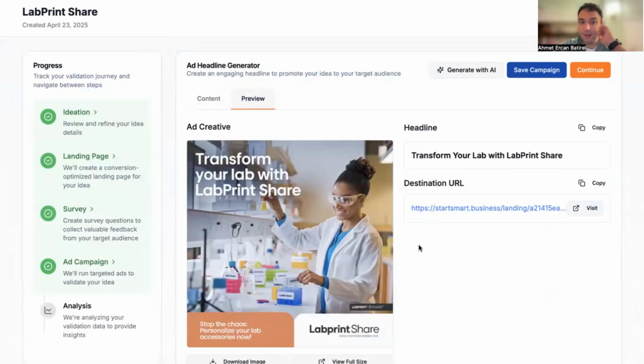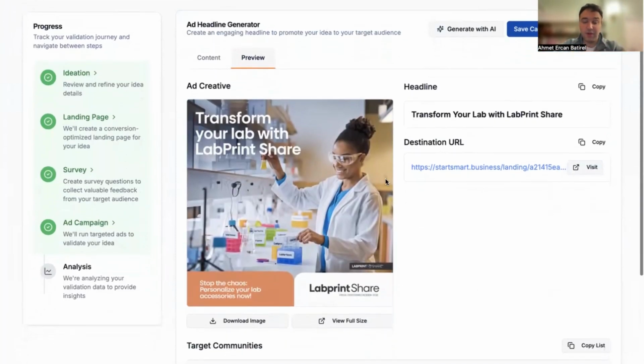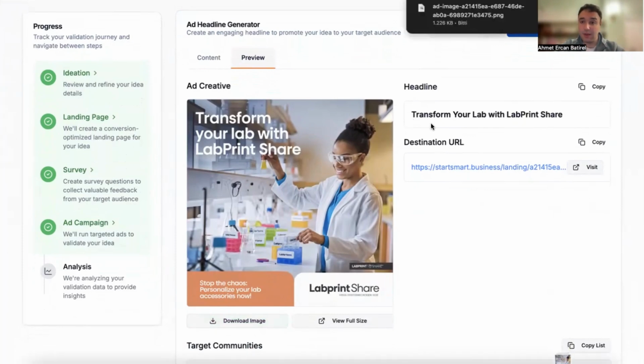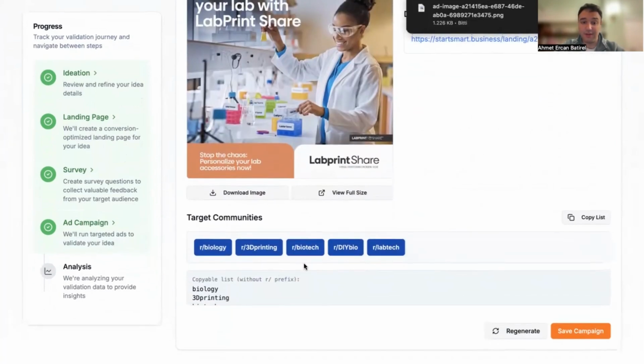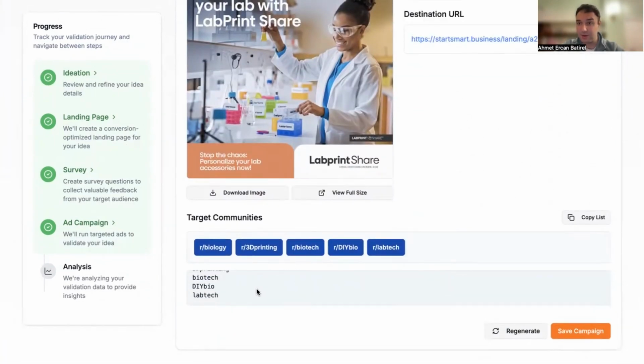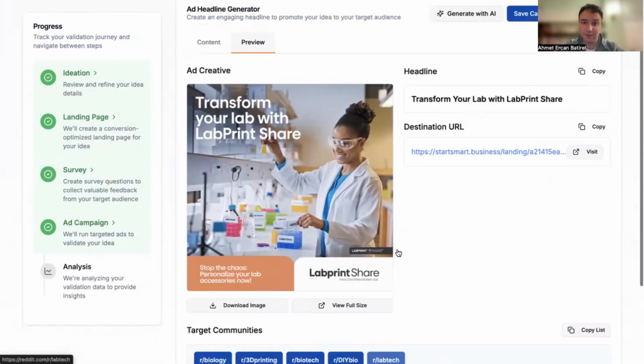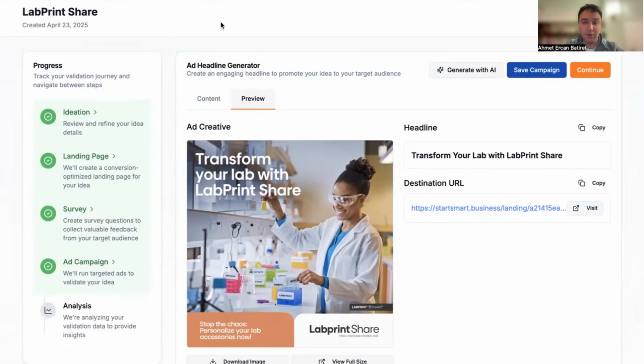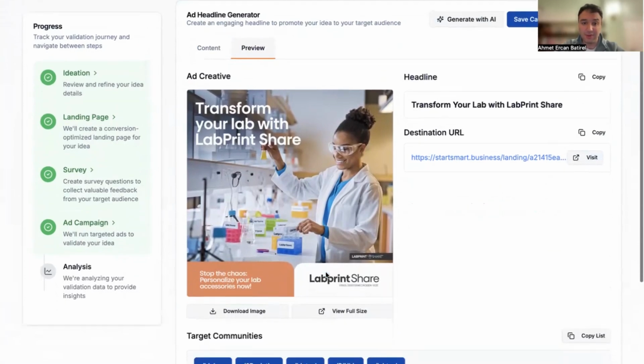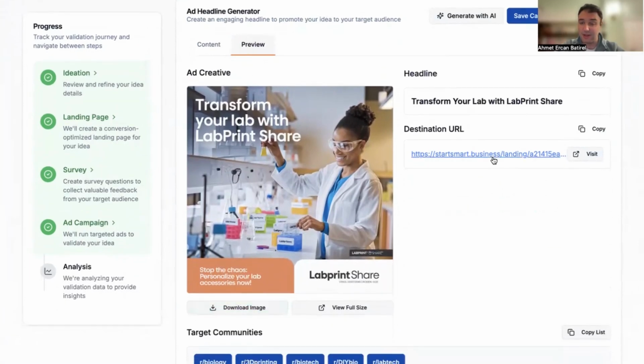Now the ad is ready. So here is the ad creative that we can use. Here is the headline, destination URL, and the target community, since this is a Reddit focused ad campaign. What I'm going to do is download the ad creative by clicking here, and I also copy the